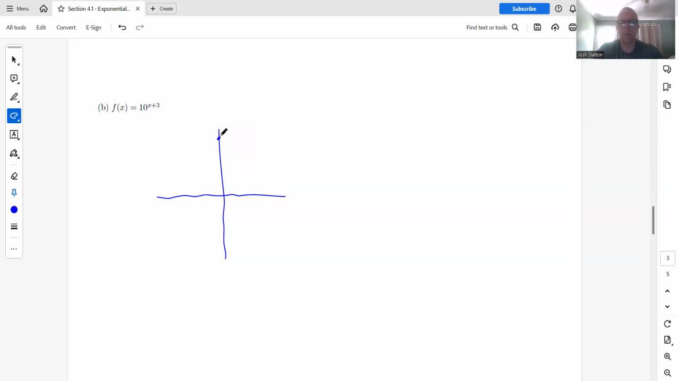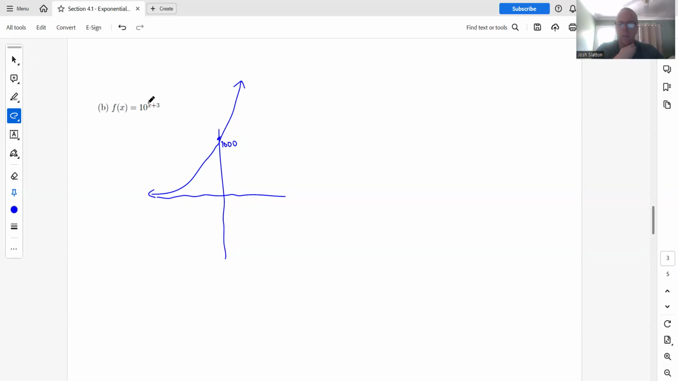So just because you have a y-intercept of 1,000 doesn't mean it's not going to still come down here. We don't have a vertical shift, so it is still going to come down there, and it's just going to get steep really fast. But also,